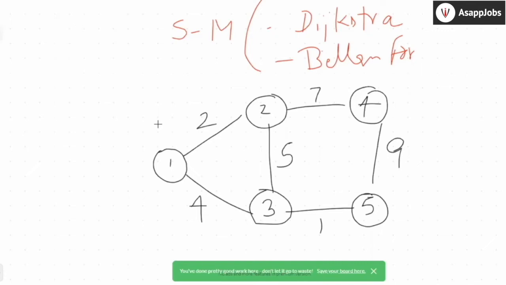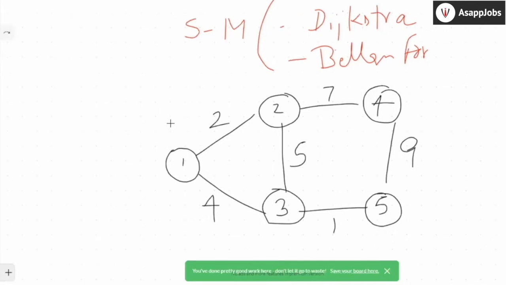Okay, how this works is from the source you see what is the cut from the source. This is the cut from the source, right? Because if I just remove the two edges, 2 and 4, this will be a disconnected graph. 1 will be on the left side and 2, 3, 4, 5 on the right side. So now I figure out my cut. My cut is 2 and 4. What we did is we took the minimum weight edge, that is this edge 1 to 2, with weight 2. That's what we did. Okay, now we draw this graph.